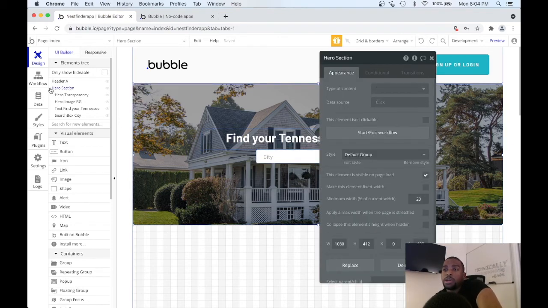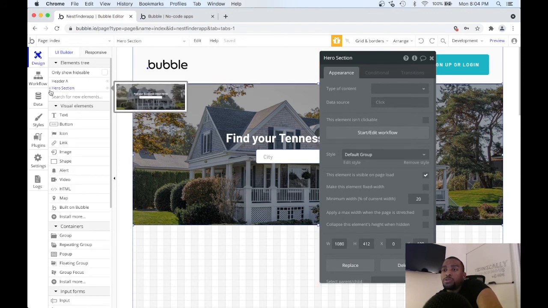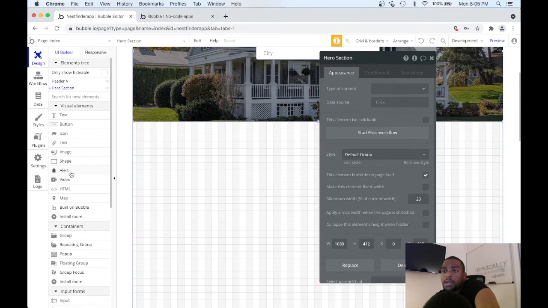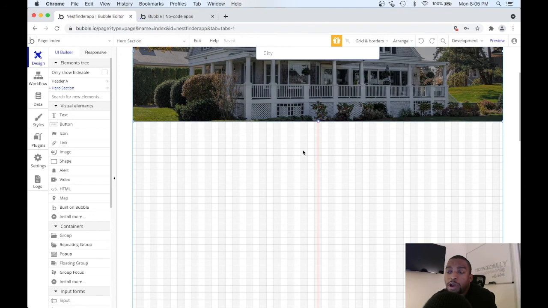That's important because we're going to be adding more groups later on. We want to add, for instance, a repeating group later. What the repeating group is good for is making lists and reading from the database. What's common in marketplace apps you normally see on a homepage is a list of products or a list of home listings, some featured listings for whatever reason that they want to be prominent. So we want to show the four most recent homes